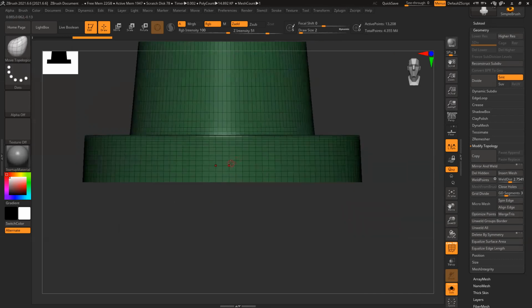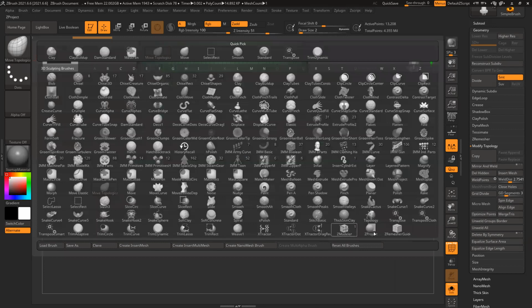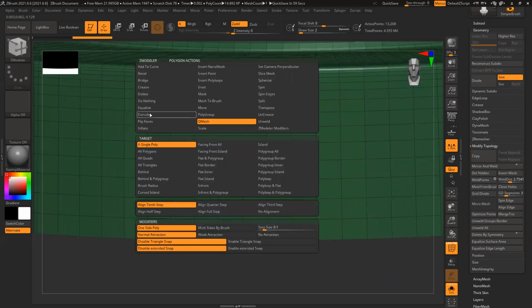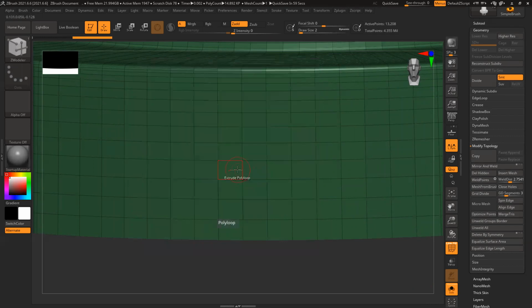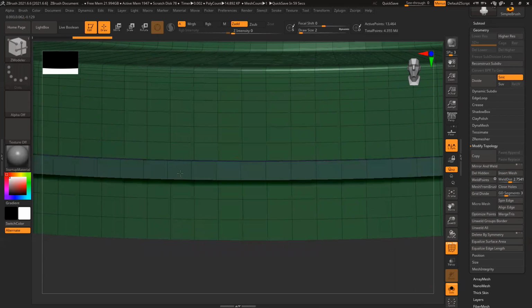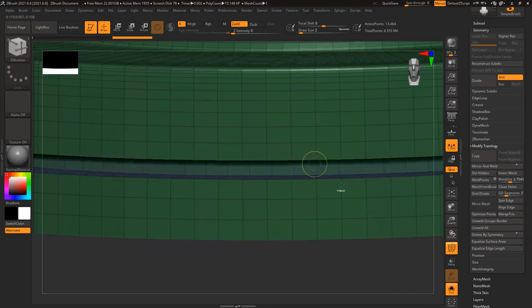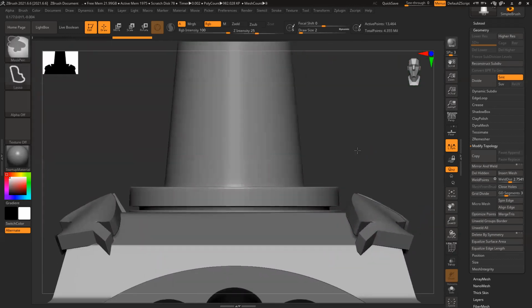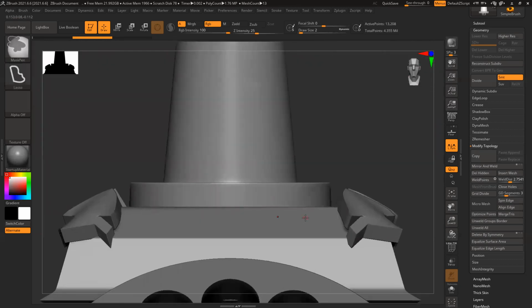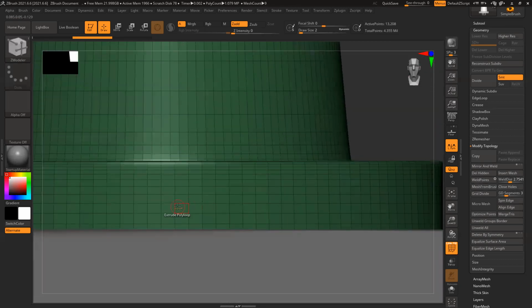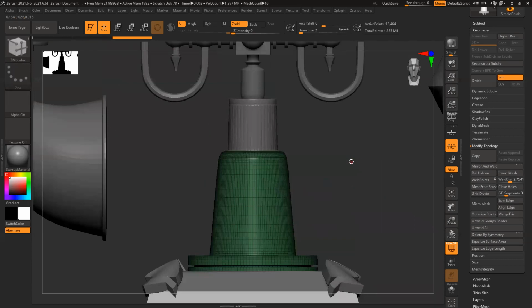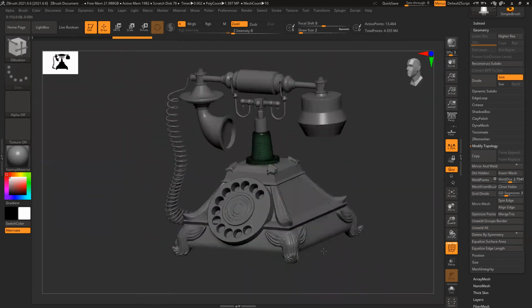And for this, there's a tiny groove that is going inside. So I'll go to ZModeler. Shift symmetry is not required for this. I can use extrude poly loop. I can push it inside. So I can get that groove very easily, but I have to check the position also. Just click done. So like this we will add all the details.